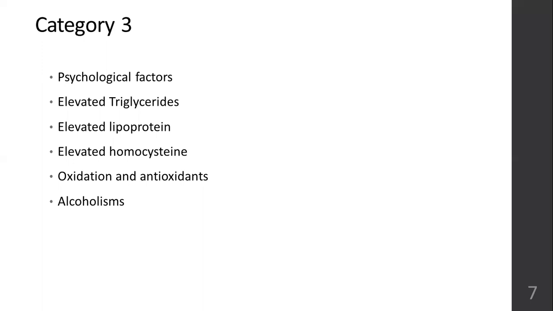Elevated homocysteine. Homocysteine again is a protein that is supposed to break red blood cells. Too much homocysteine means a lot of red blood cells are getting broken down. So that is also a sign of cardiovascular diseases. Especially people who suffer from arthritis or any inflammation also have a high amount of homocysteine.